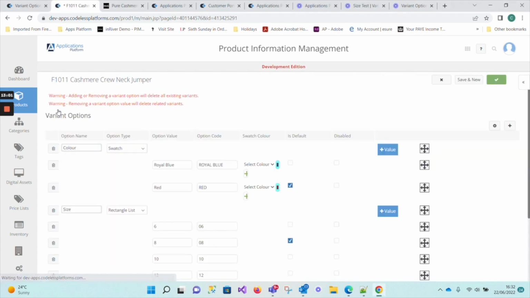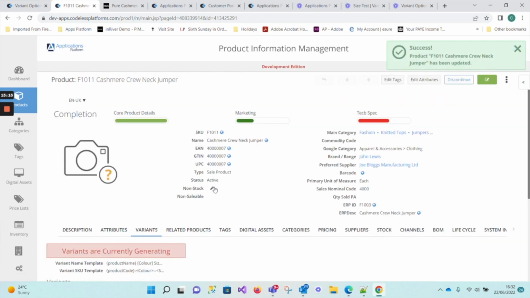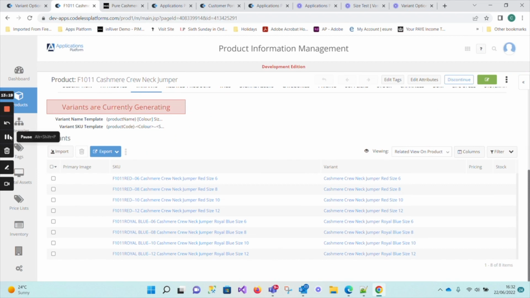So I just go back to edit the template here. So product code, and we've missed out a hyphen there. So we'll just save that down, start generating again, and very shortly, hopefully this will have corrected